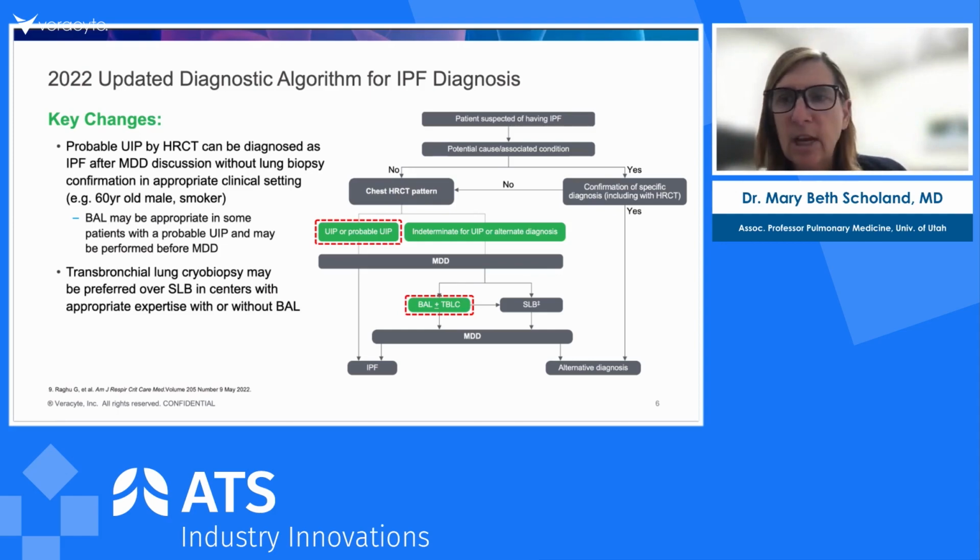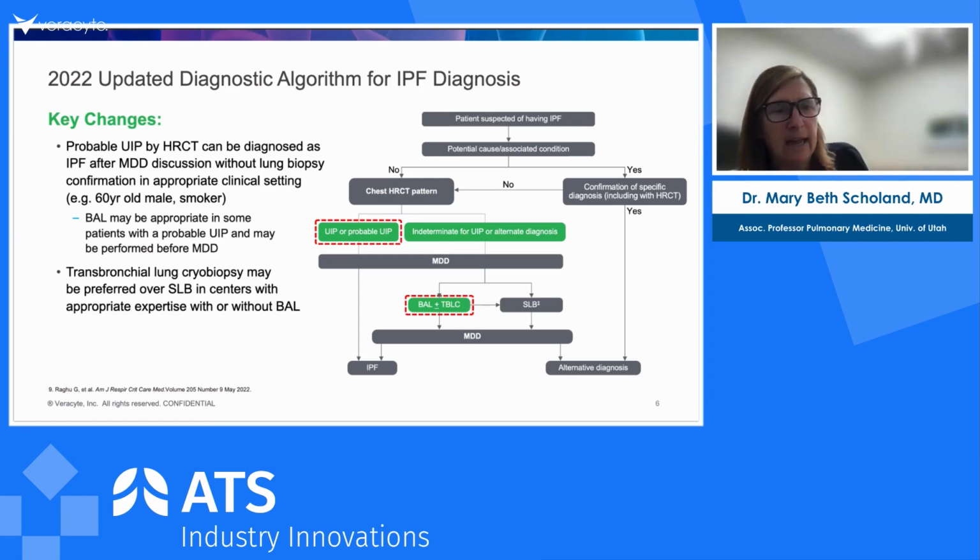The other key change here is that the transbronchial lung cryobiopsies have come a long way now, and we've seen over the years since the last guidelines the use of the cryobiopsy where that's helpful, and now the guidelines lead us to understand that we may be able to use that cryobiopsy instead of a surgical lung biopsy in centers who